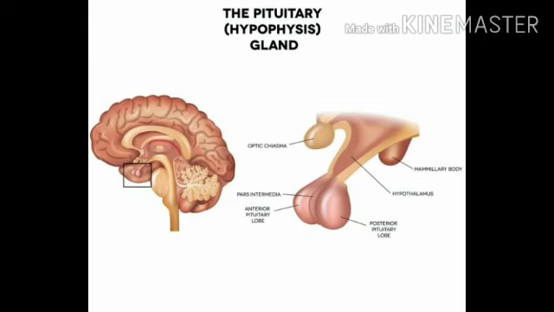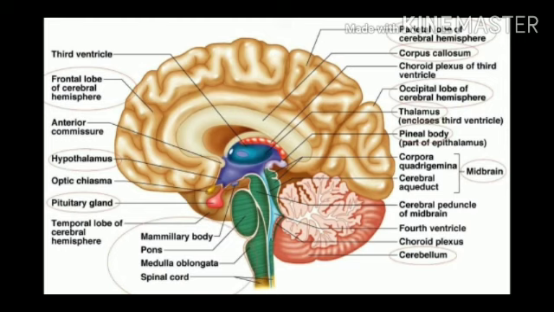Now I am going to explain about the midbrain. The midbrain is located between the thalamus and hypothalamus of the forebrain and pons of the hindbrain. A canal called the cerebral aqueduct passes through the midbrain. The dorsal portion of the midbrain consists mainly of four round swellings, or lobes, which are called corpora quadrigemina. Midbrain and hindbrain form the brain stem. Now the last portion of the brain is the hindbrain.